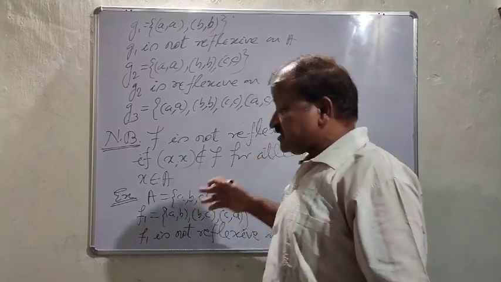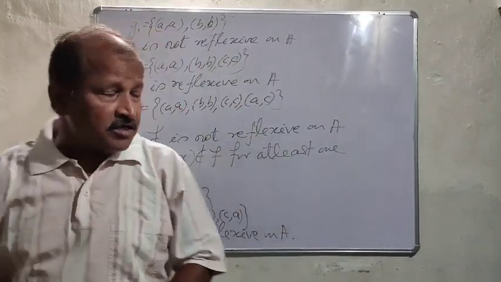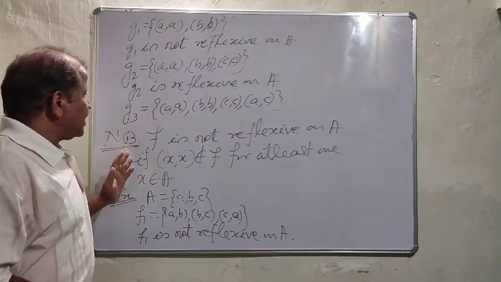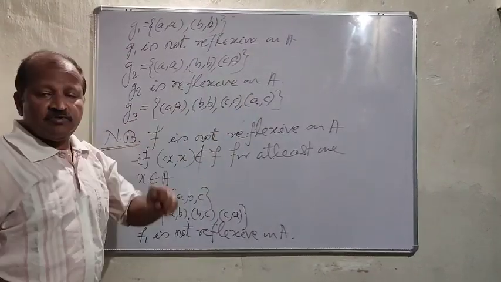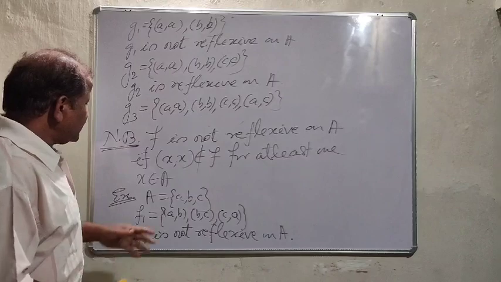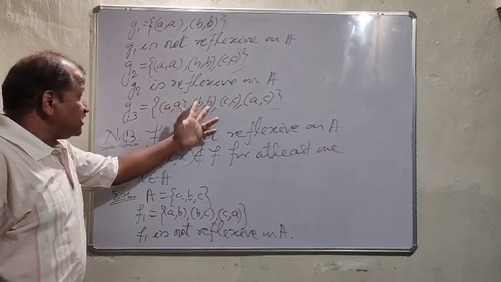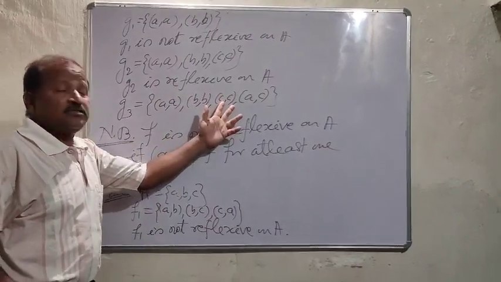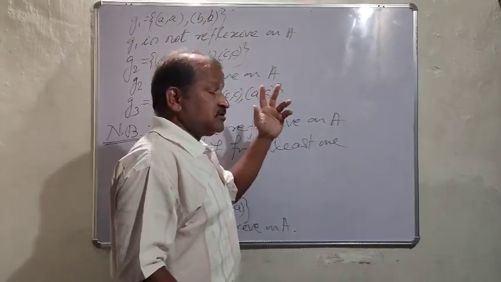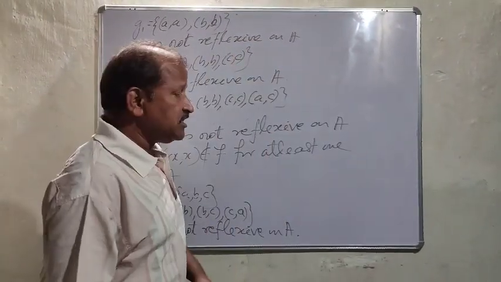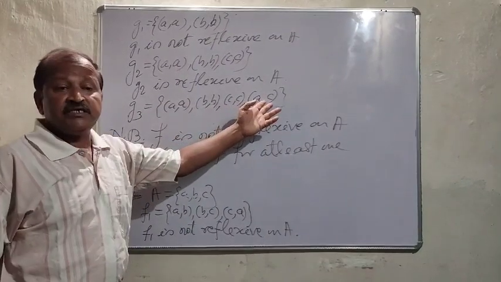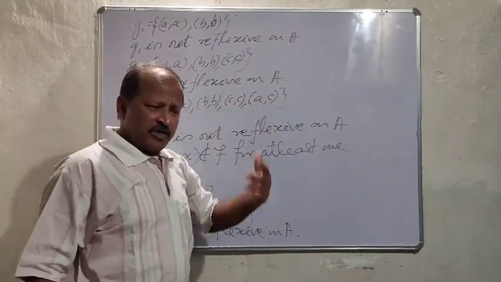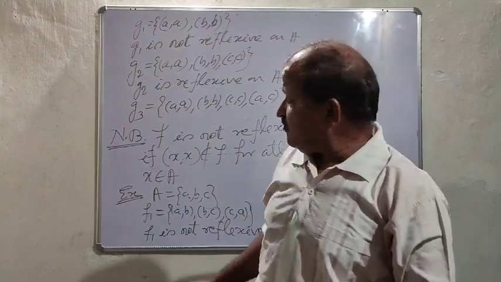No. Nowhere is it said that except these elements, no other element will be there. A is related to A, B is related to B, C is related to C, but there is no